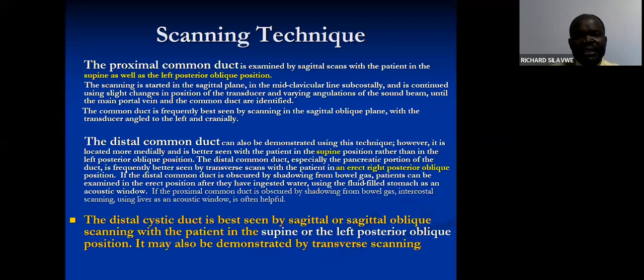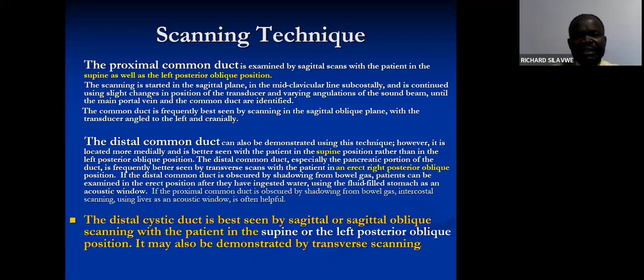Then the scanning technique: the proximal common duct is examined by sagittal scans with the patient in supine as well as the left posterior oblique position. The scanning is started in the sagittal plane in the mid-clavicular line subcostally and is continued using slight changes in position of the transducer and varying angulation of the sound beam until the main portal vein and the common duct